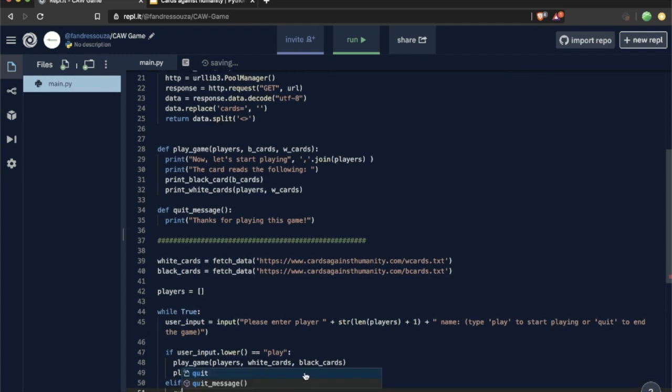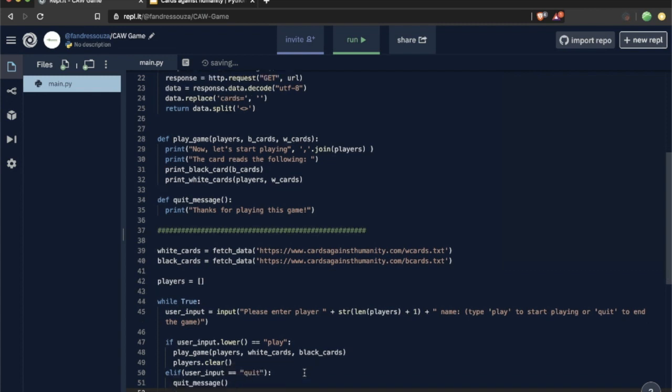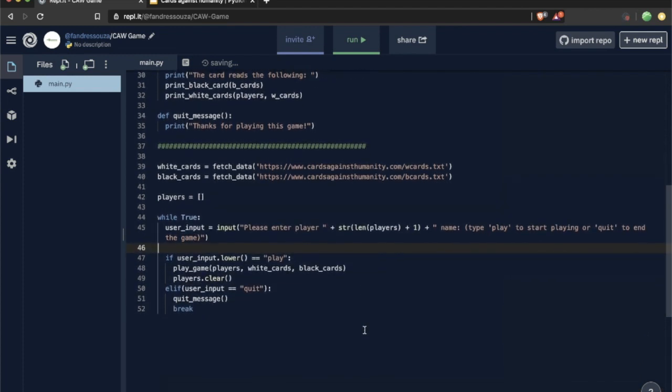And we are going to present the quit message if the user types quit, the quit message we created before. And if they don't want to play anymore, we have to break out of the while loop. Let's see. Does that make sense, right? Okay. So now, if the user